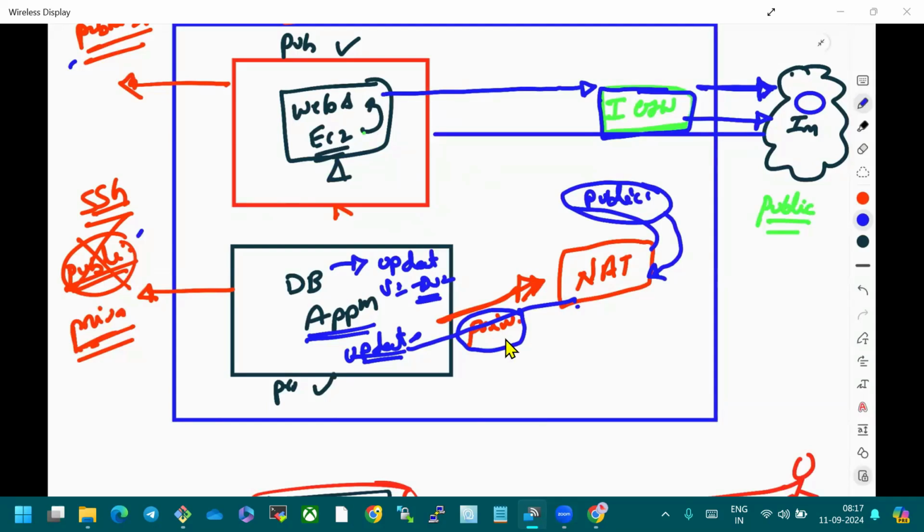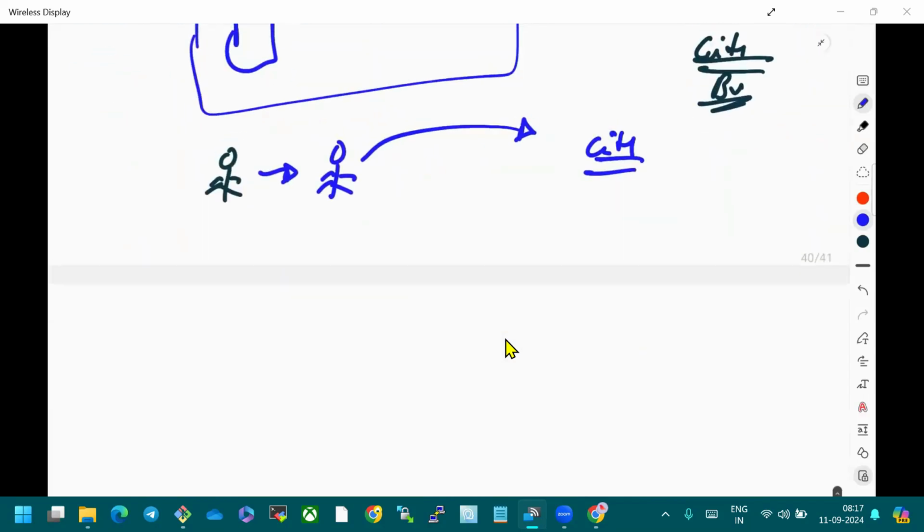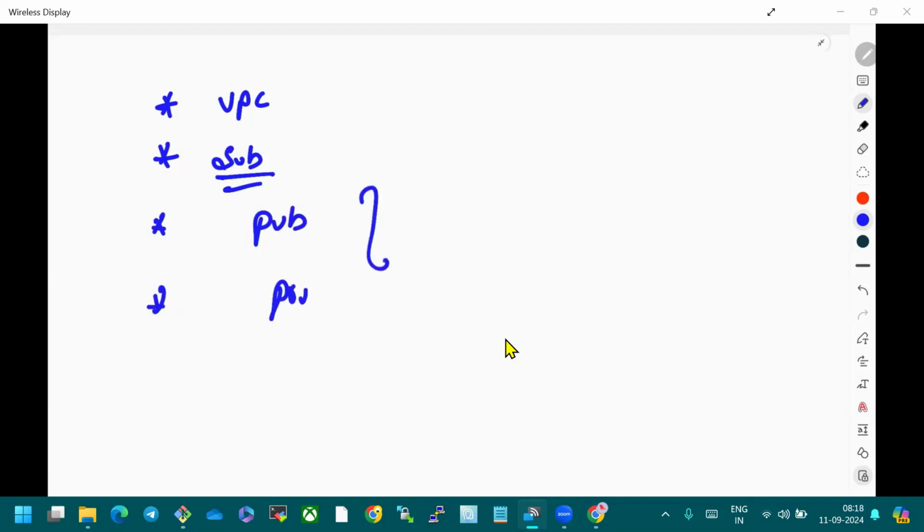Okay. So till now, whatever things we discussed: first thing we discussed, what is VPC? Next, we discussed what is subnetting, right? Next, we discussed what is a public subnet and what is a private subnet and why we need to use public subnet and private subnet.